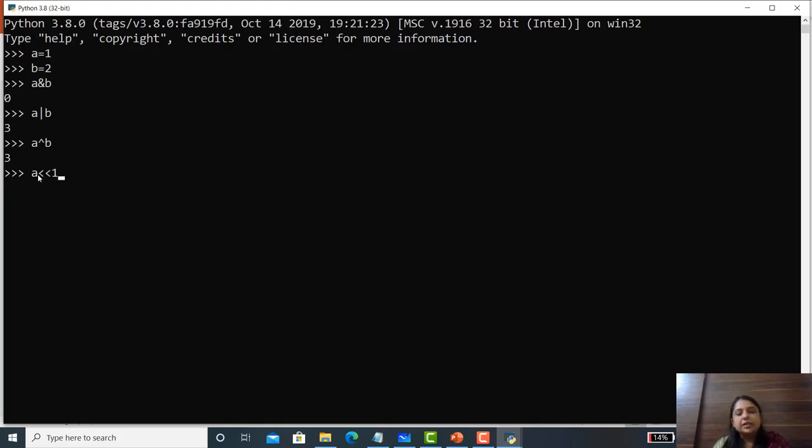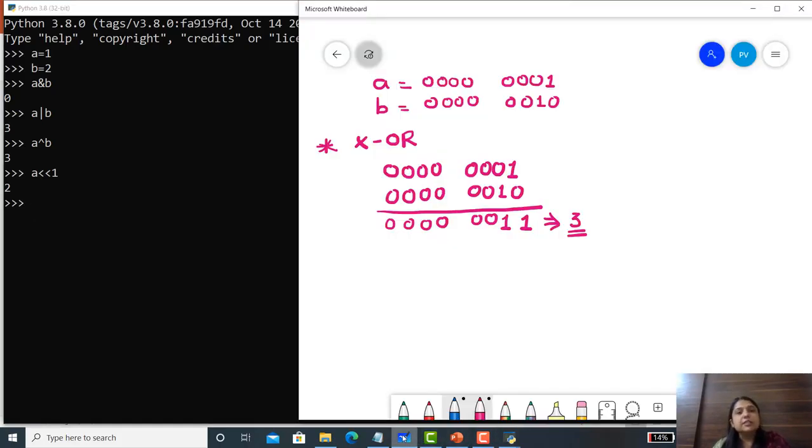Alright. Next, if I write A, then the left shift operator and 1, this is a binary left shift, and the answer is 2. Let's see the explanation. Here we know that A is 0 0 0 0 0 0 0 1. If we perform the left shift operation, and here we have specified 1, it shifts only 1 bit to the left.